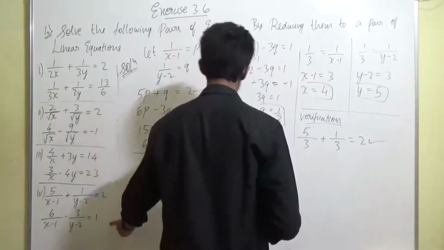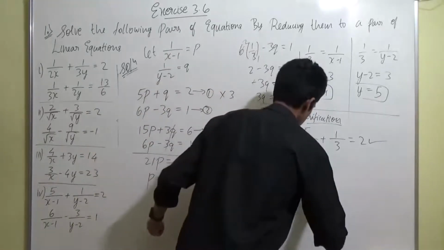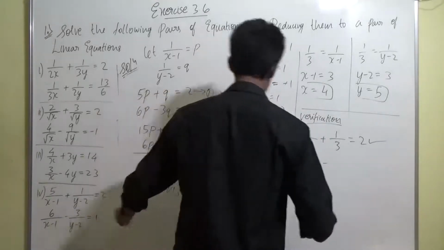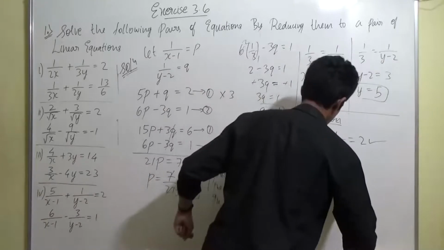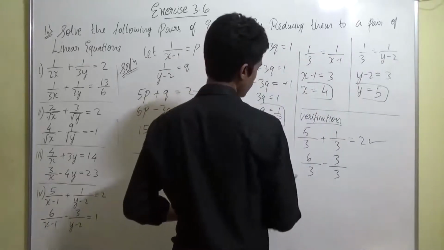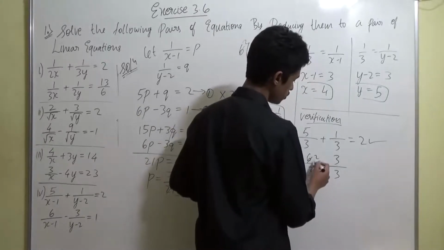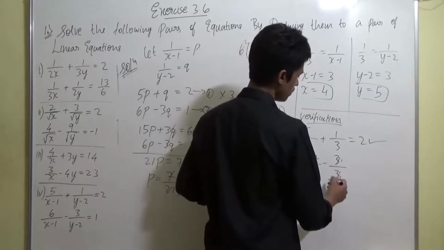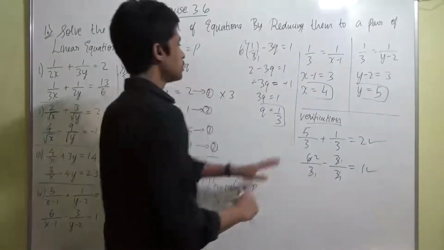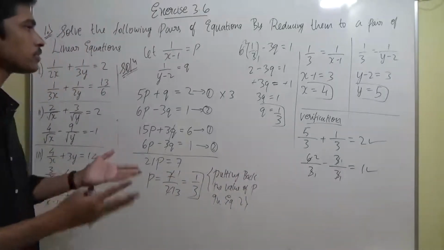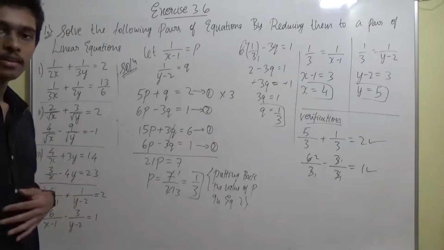Let's verify it with the second equation as well. It becomes 6 by 4 minus 1, which is 3, minus 3 by 5 minus 2, which is 3, right? We have to see whether it is equal to 1. If you see here, 3 ones are 3, 3 twos are 6, this becomes 2. Minus, this becomes 1 by 1, which is 1. So 2 minus 1 is equal to 1, hence even this one is verified. So as simple as that, guys. The fourth question was very easy, I should say. It came out very easily without much calculation, right?